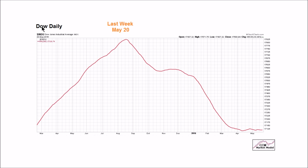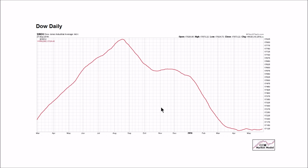Dow, here's an example. Last week, May 20th, the 200-day moving average, we said this is somewhat of an indecisive look. Fast forward a week, and it's starting to turn back up. Is this a big deal? No, it's not a big deal. But if this